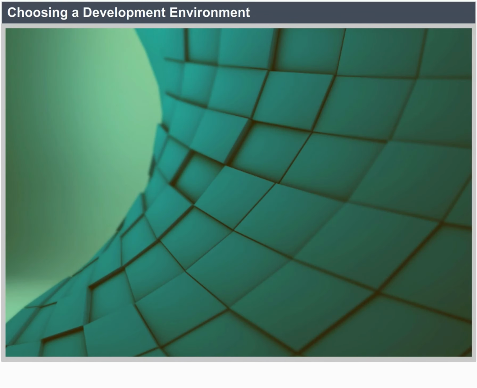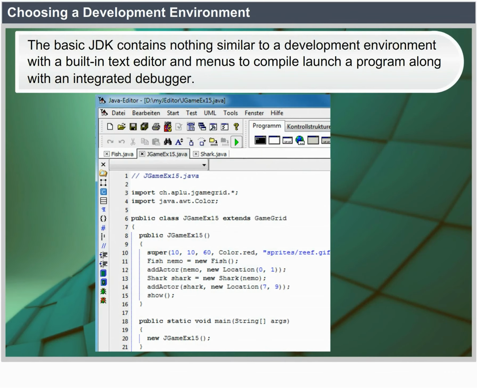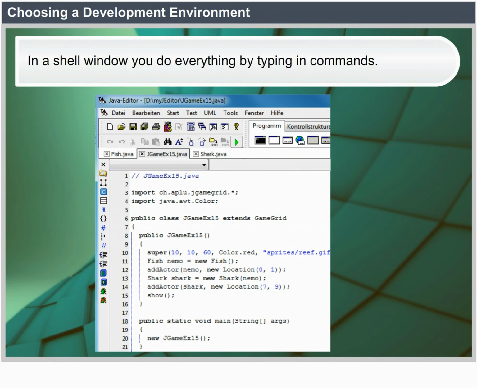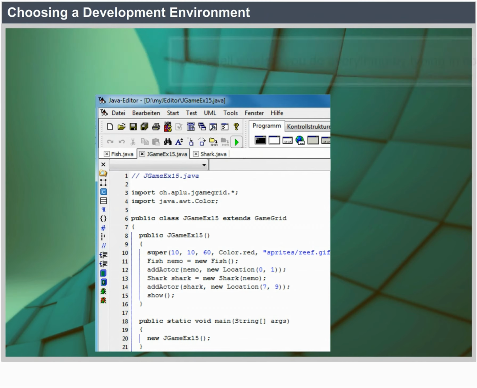Choosing a development environment. The basic JDK contains nothing similar to a development environment with a built-in text editor and menus to compile and launch a program along with an integrated debugger. In a shell window, you do everything by typing in commands.